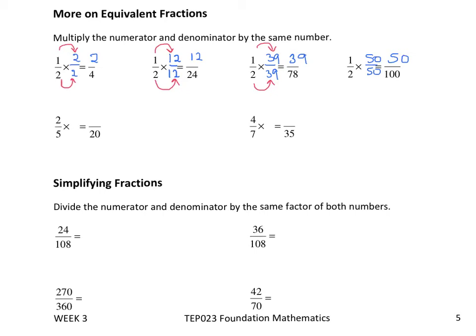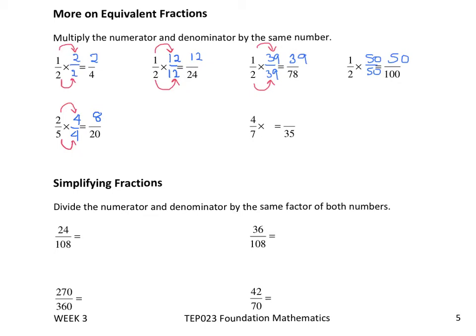To make 2/5 an equivalent fraction out of 20, what do you need to do to 5 to turn it into 20? You have to multiply it by 4. So multiply the numerator by 4 as well. 5 times 4 is 20. 2 times 4 is 8. So the equivalent fraction to 2/5 is